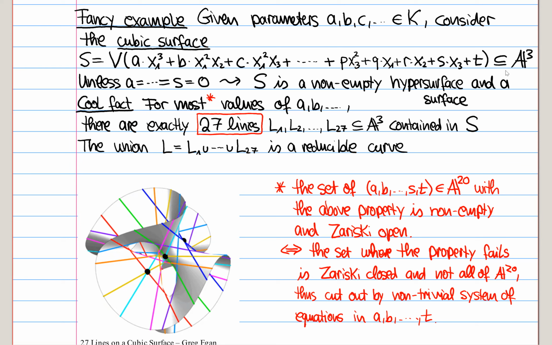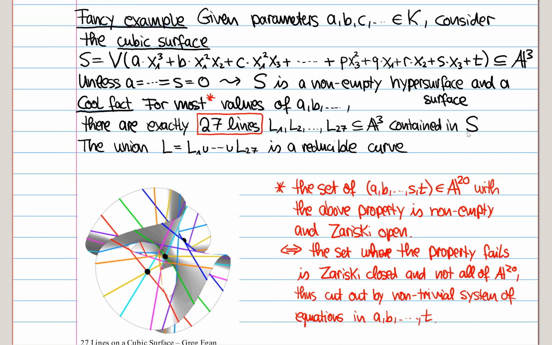And then the claim is that unless you choose very specific numbers, namely all of these numbers to be 0, or at least the first numbers. So here you see it's an equation of degree at most 3. So in particular, you have some linear terms and then a constant term. And if you choose all of the terms having some variable to be 0, then it's just a vanishing set of this constant, and that would be either the full space if the constant is 0, or it would be the empty space if the constant is non-zero. These are very boring cases. So if you exclude those at least, then you do get with S a non-empty hypersurface